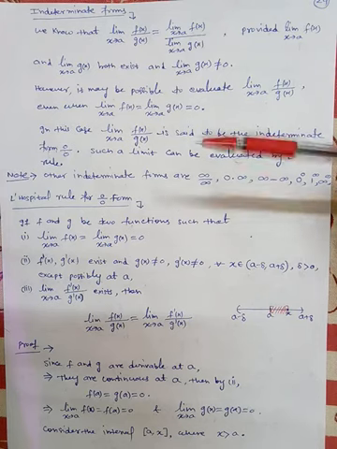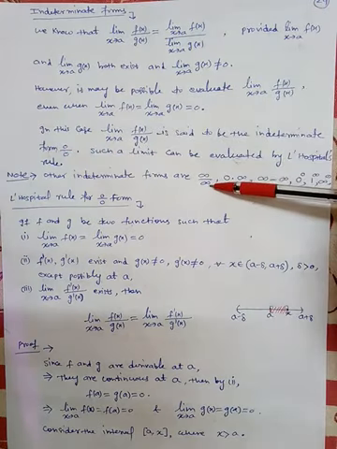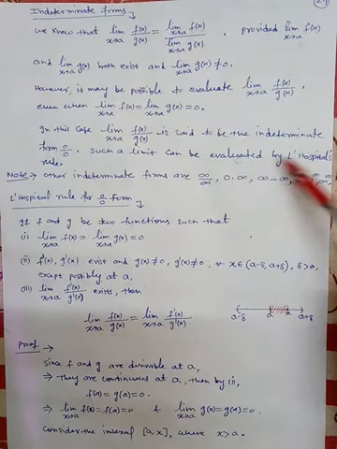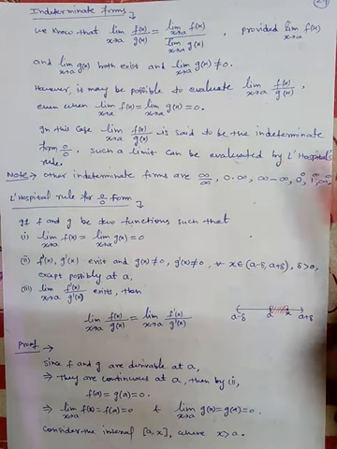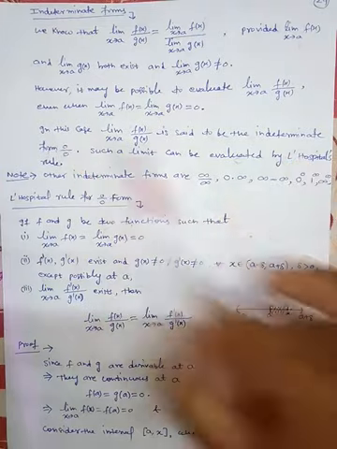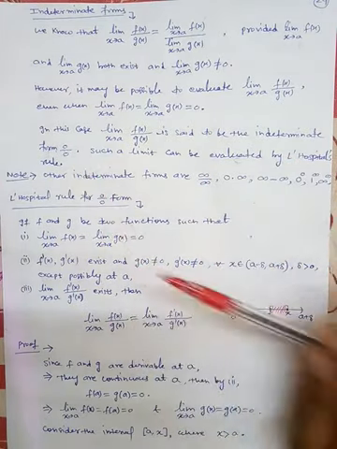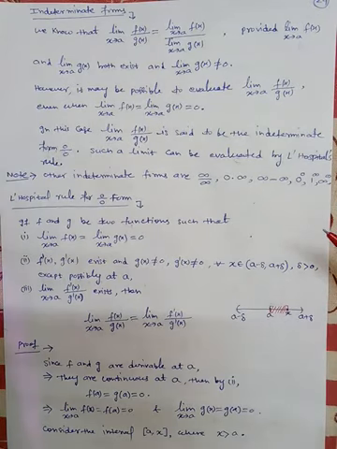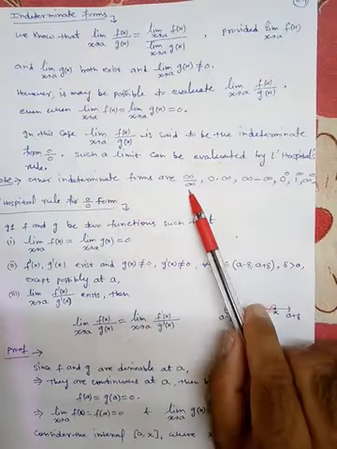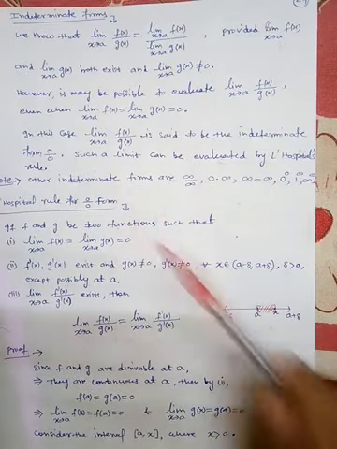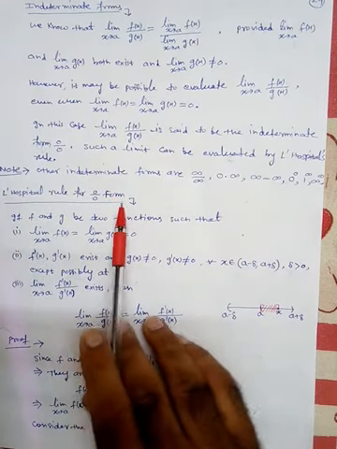However, we will establish the L'Hospital rule for the 0 by 0 form and infinite by infinite, because they will be used to evaluate the other indeterminate forms also. So there are mainly two rules: L'Hospital rule for 0 by 0 form and L'Hospital rule for infinite by infinite. However, the working procedure is the same. There is no difference. But we will establish these two separately in terms of theorems. So here, first is L'Hospital rule for 0 by 0 form.